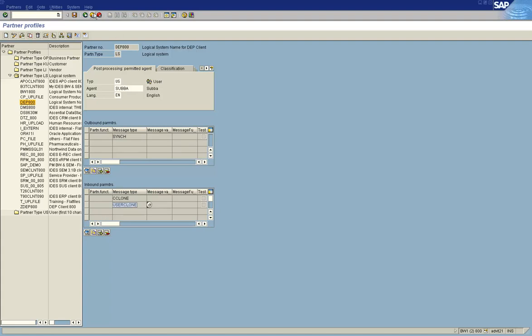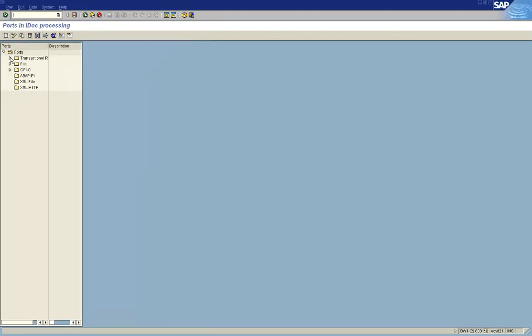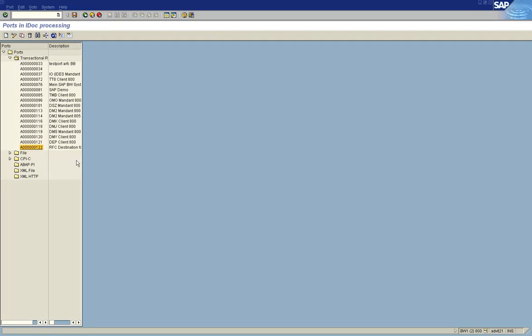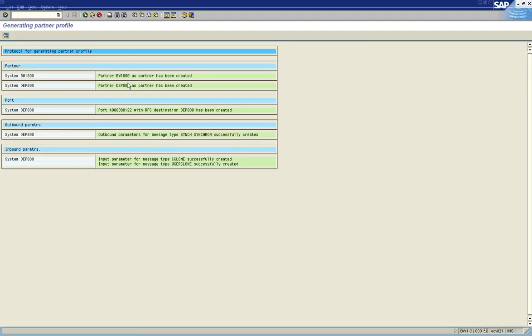Okay, now if you go to W21, then you can see the ports here. Now, like I said again, if there is a problem in this step, if you get a message that a partner has not been created or port has not been created, you can use W20 or W21 depending on what the error message is to create those entries manually.